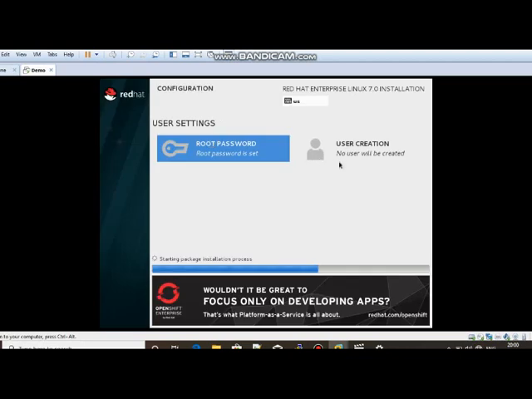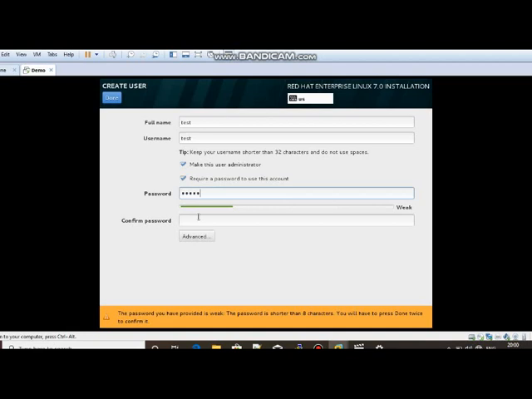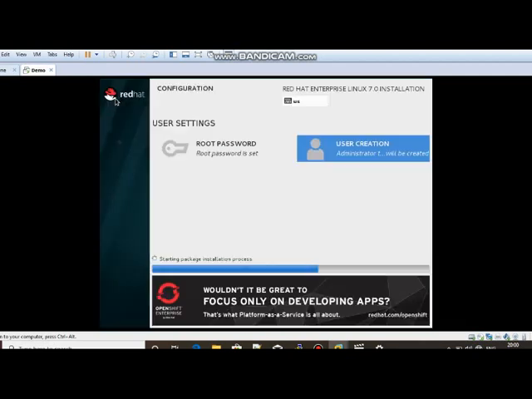If you want to add another user, we can add from here. Enter the full name of the user, and I'm adding a test user. We can add the test user as administrator, and then we have to set a password for that user and click on done.